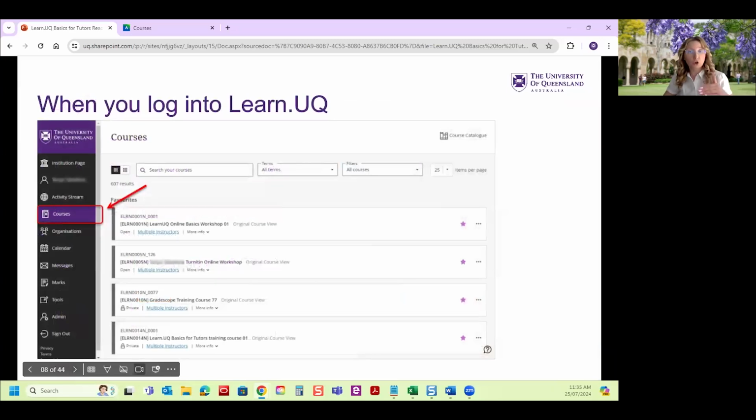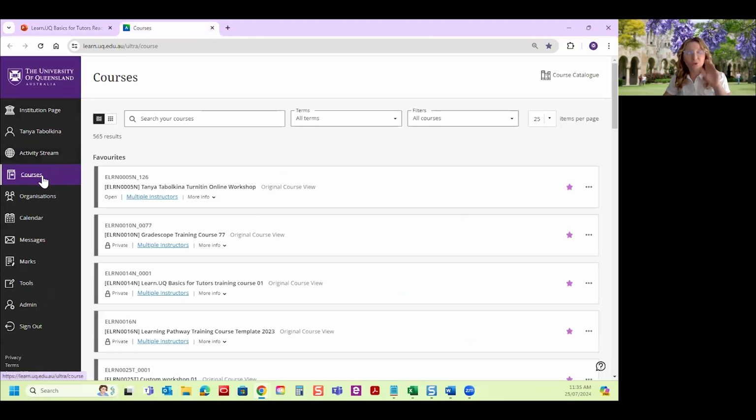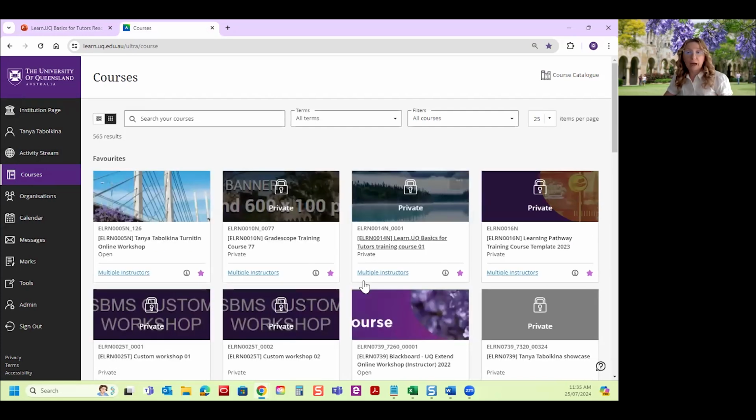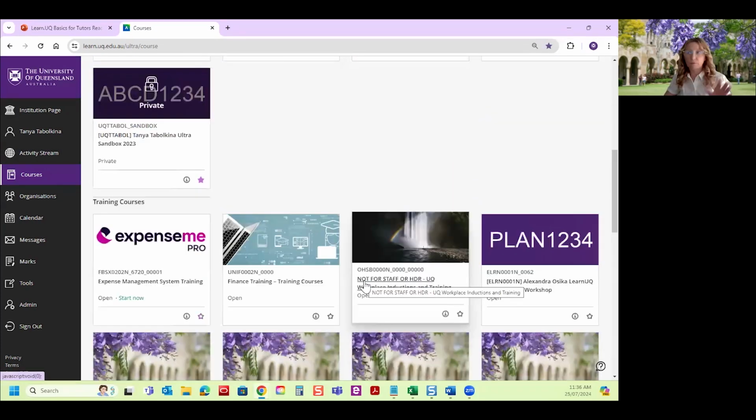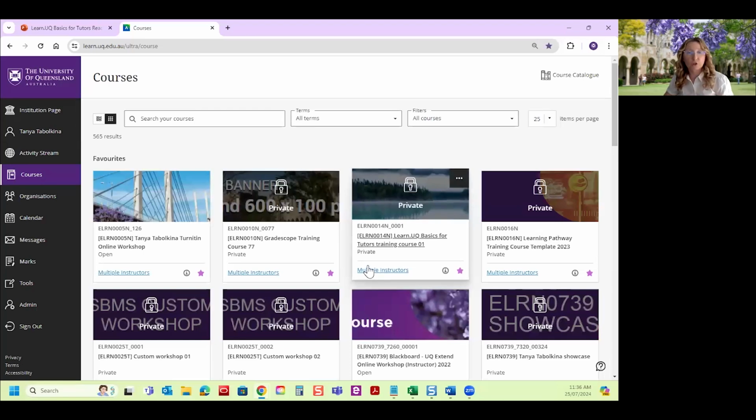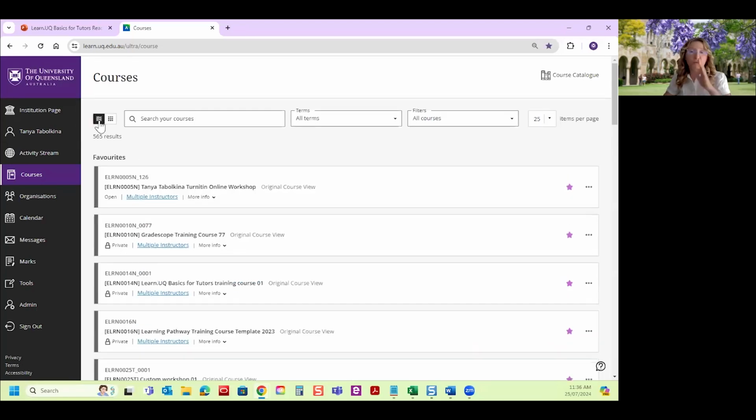When we log into Learn.uq, you will land in the section called Courses, as you can see on my screen right now. Your screen might look different to mine, so be aware of the different views here. We have the list view, which I currently have on my screen, or the grid view, with little tiles. When I click on that, you will get a different presentation. I prefer the list view because I've got so many courses, so it's easier to scroll down